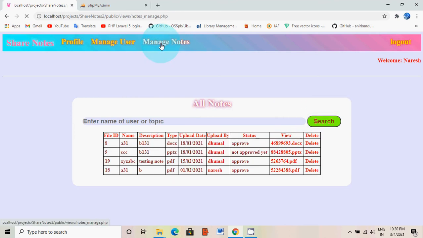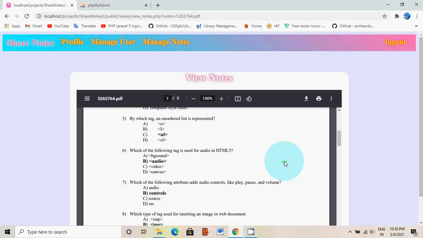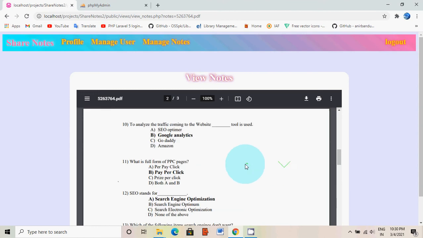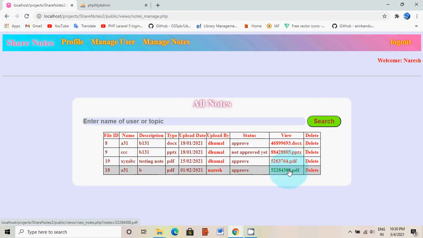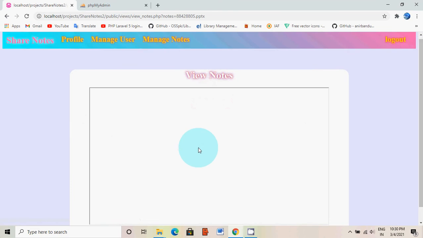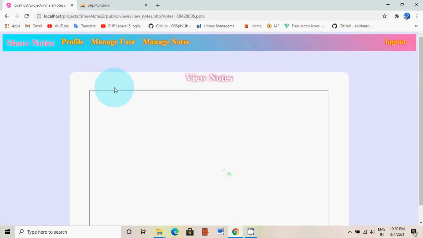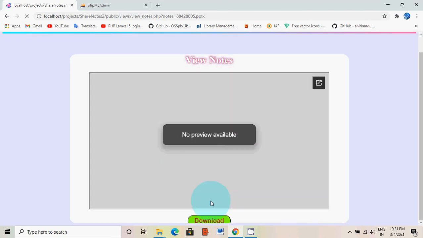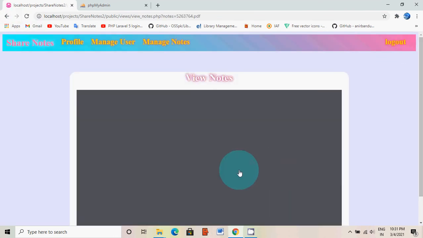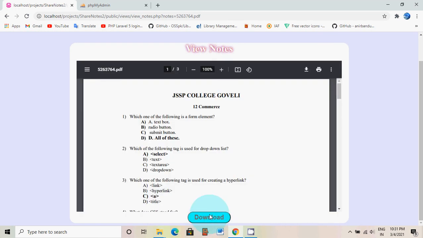Okay, my notes. So these are notes. We can see a PDF. We can easily view a PDF without any issue, but when we try to view other documents rather than PDF, it shows blank. And we can download these notes simply with the download button here. So this is a PPT. Okay, so I want the PDF. You can see we can simply download this.